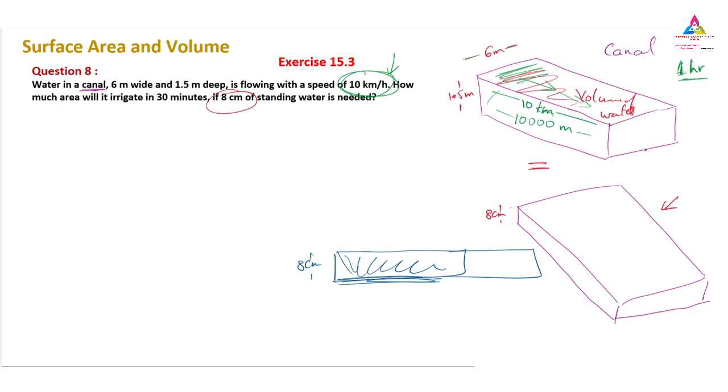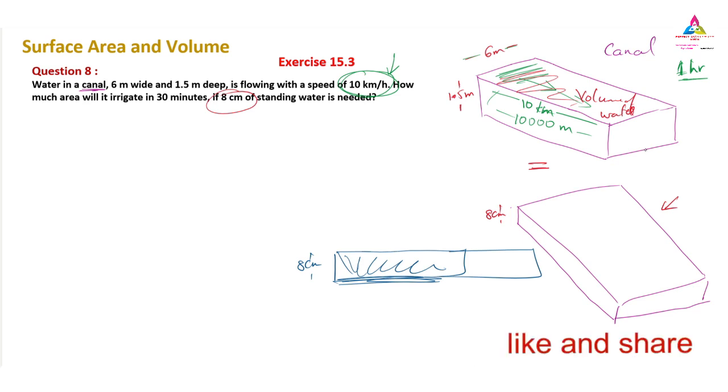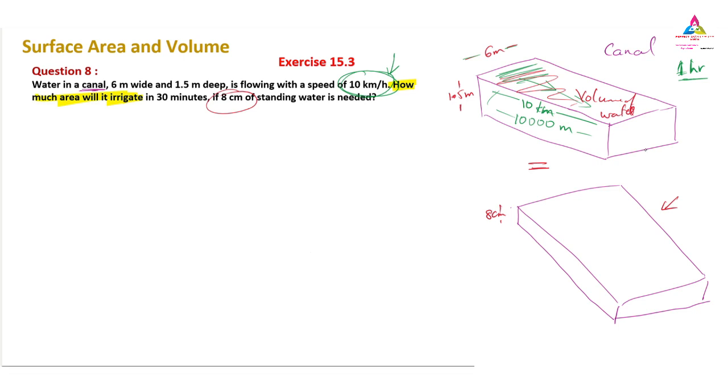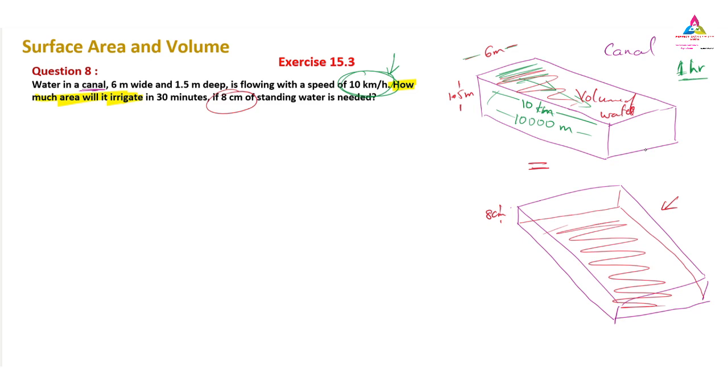That only we have to find. So how much standing on water? Here they have given how much area will irrigate. So how much area it will irrigate means that land area we have to find. That area is nothing but the bottom space what we have. I am not talking about the above, the bottom space, how much we have, that is